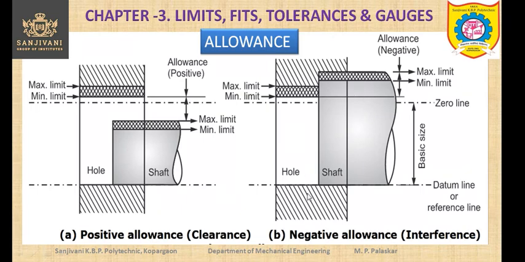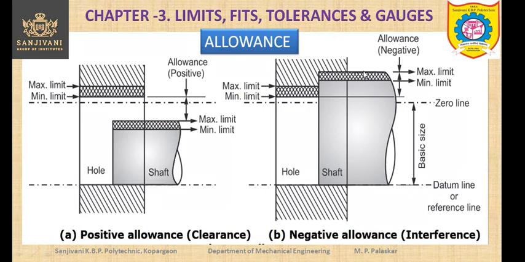So you can see that the shaft is bigger than the hole, but in other words, in better words, we can say this is the zero line, this is the datum line. In better words, we can say that the minimum size of the shaft is larger than the maximum size of the hole. So there is an interference. Okay. So this is the hole. This is the minimum limit of the hole from here to here, and the maximum limit of the hole. Now this is the shaft, from this point to this point. This is the minimum limit for the shaft, and this is the maximum limit for the shaft.